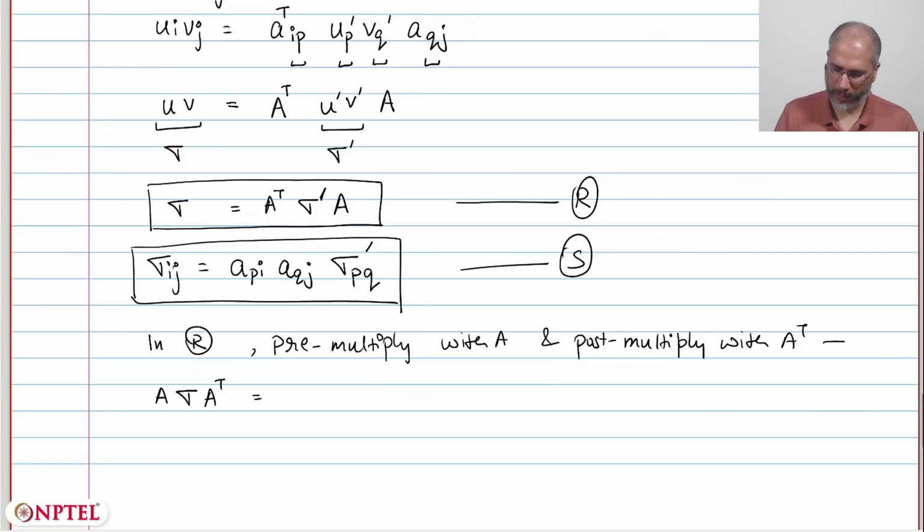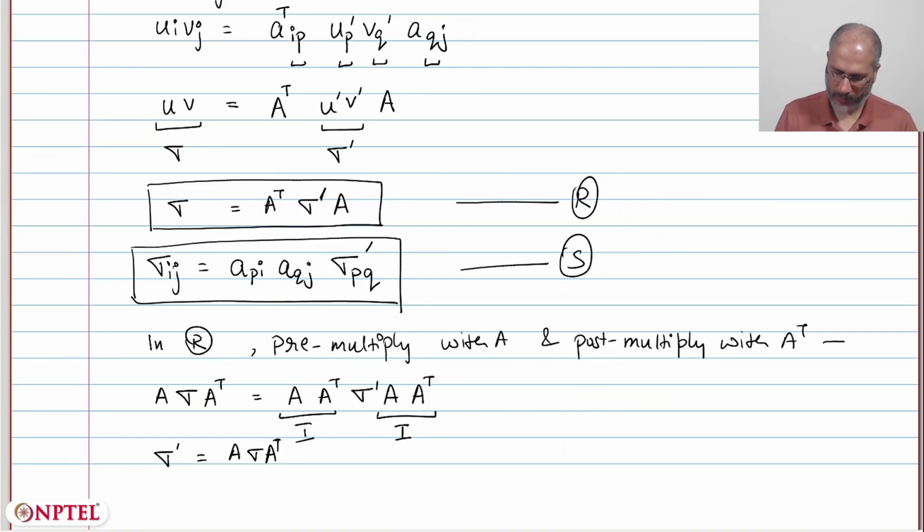Similarly, on the right hand side, we pre-multiply by A, then we have A transpose sigma prime A, and then we post-multiply with A transpose. A times A transpose is identity, and A times A transpose is identity. So this becomes, if I write sigma prime on the left hand side now, sigma prime is A sigma